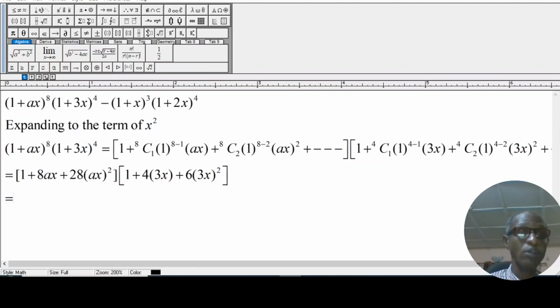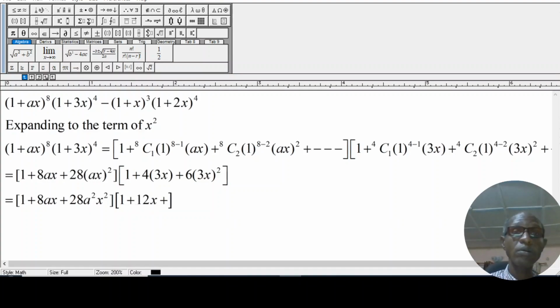So you now have 1 plus 8ax plus 28a squared x squared plus, bracket closed. So we have 1 plus